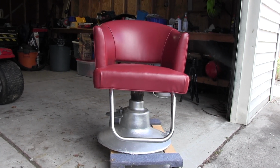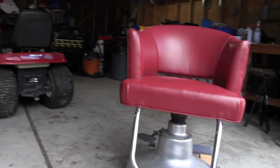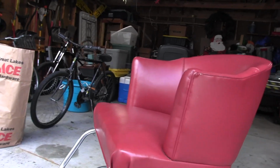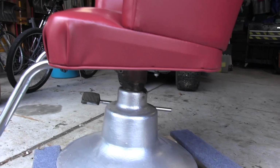While at Eastern Market, Beth and I found this chair. It's a salon chair or a barber's chair, and she thought it would look good in our family room. We could use another chair in there, so we found this one, and everything was in pretty good shape except